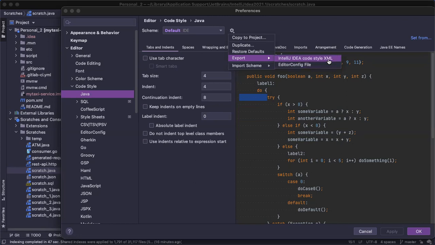So in Eclipse also you can import that and use it as a formatter. So from next time onward, whenever you hit Control Shift F to format, this formatter will be applied for Eclipse as well as for IntelliJ.